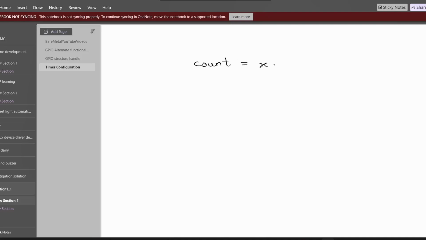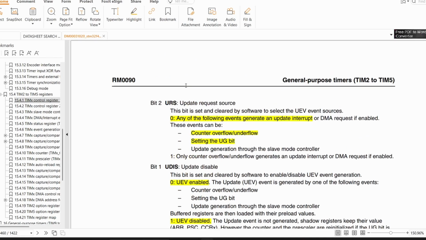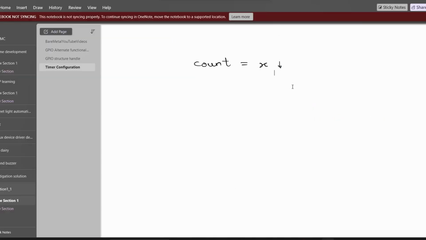इसको मैं x से इनिशलाइज करूँगा। मैं अप काउंटिंग कर रहा हूँ या फिर डाउन काउंटिंग कर रहा हूँ। अभी तो मैं अप काउंटिंग कर रहा हूँ। यहाँ पे जैसे हम लोगों ने देखा, 0 as an up counter, सो मैं यहाँ पे अप काउंटिंग कर रहा हूँ। तो ये वैल्यू जो है वो मेरा 16 बिट तक जाएगा। 16 बिट मतलब 65536 या फिर 32 बिट वैल्यू तक जाएगा। So what will happen is once this